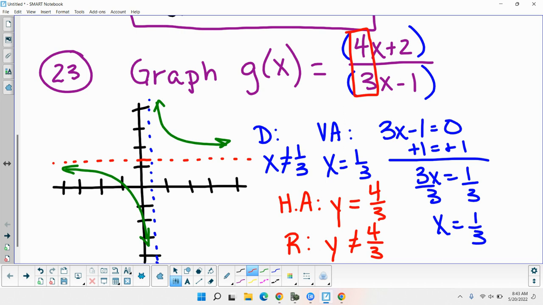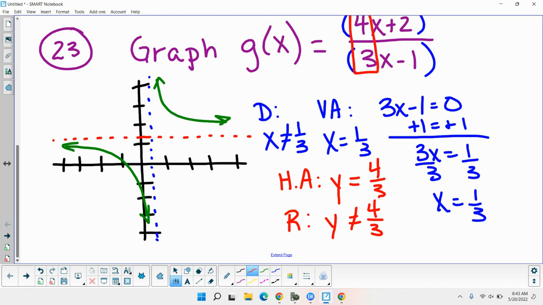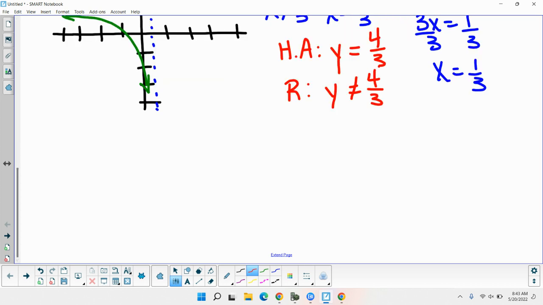So whatever makes the denominator 0 is our vertical asymptote, and then the two coefficients, top and bottom, make up our horizontal asymptote. Okay, number 24 was subtracting two